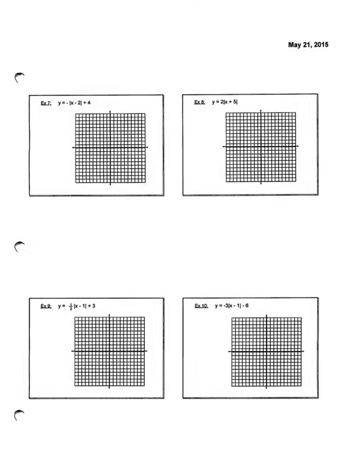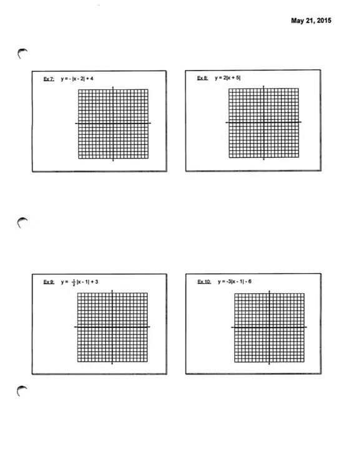Example 7 would just be a translation. And if you want to pause me and see if you could do it yourself, that would be a good idea. Actually, you have a little bit of a twist here. You have a negative outside of here. So this -2 is going to take you to the right 2. The +4 takes you up 4. And this negative is like in a quadratic function where you have a negative a value. It makes it open downward